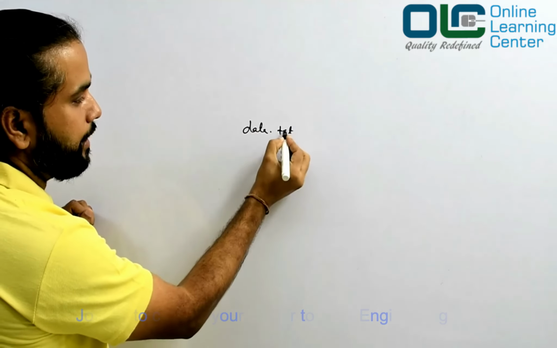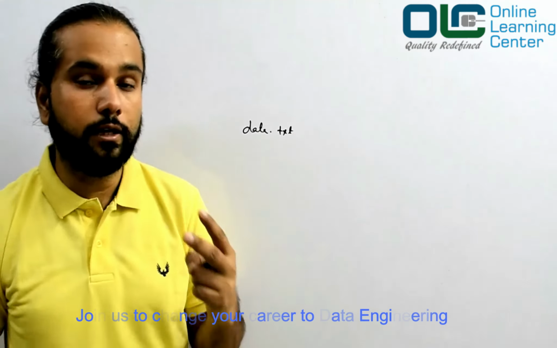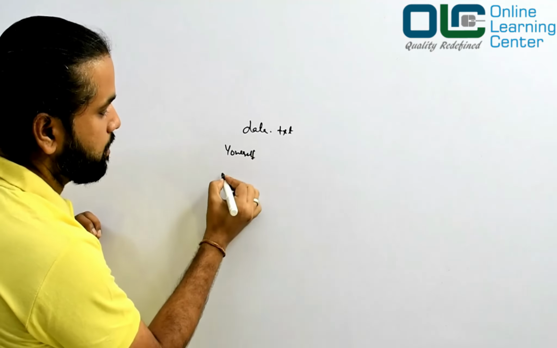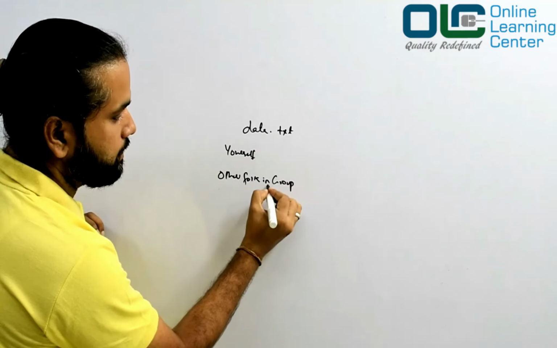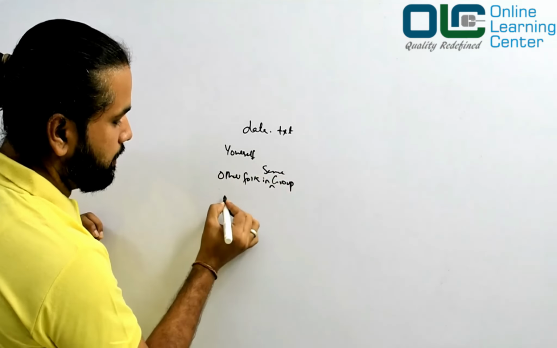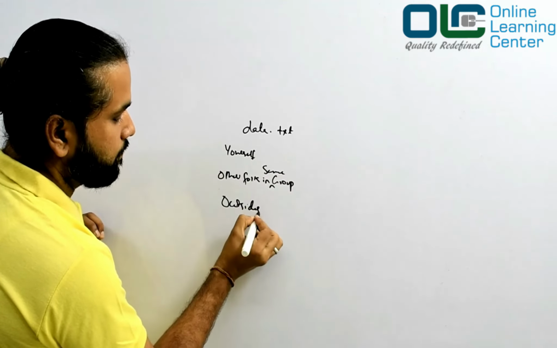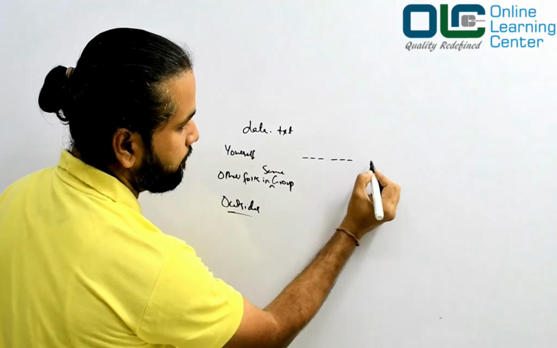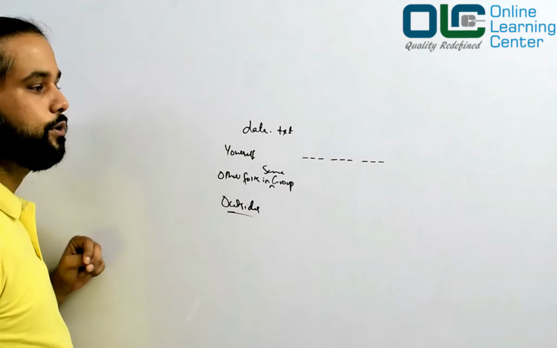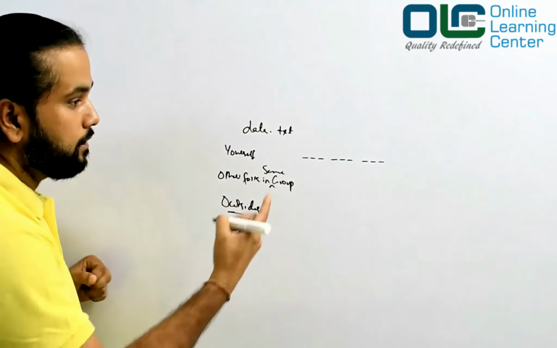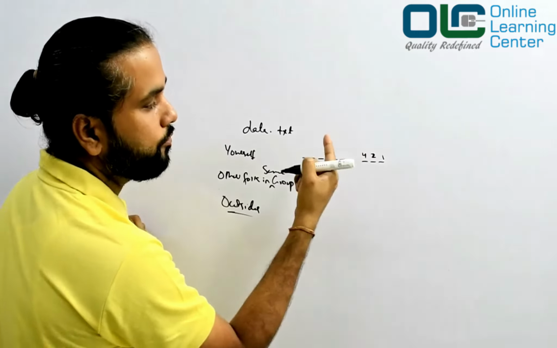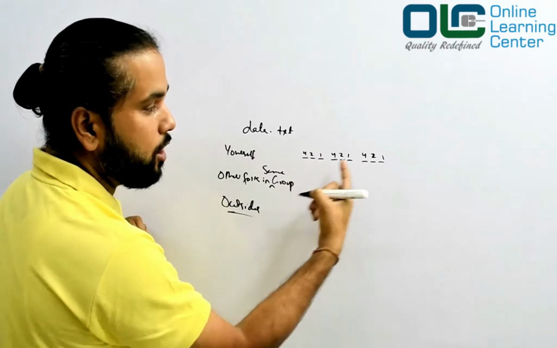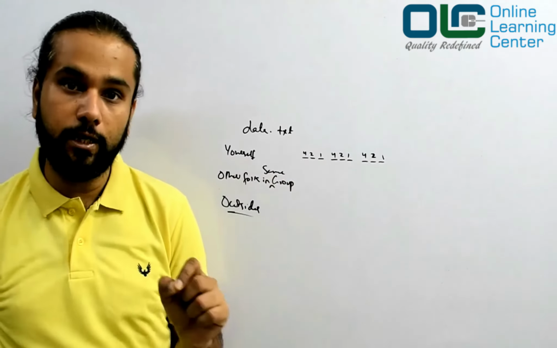By default, when you want to define a permission for this file, you can define the permission at three levels. One is yourself, the other is other folks in the same group, and the third is outsiders, right? So you have permissions like this: 1 2 3, 1 2 3, 1 2 3. That's how you write the permission of any file, and these are all binaries. So it's like 1 2 4, again 1 2 4, again 1 2 4. This is how you define the permission of any file.